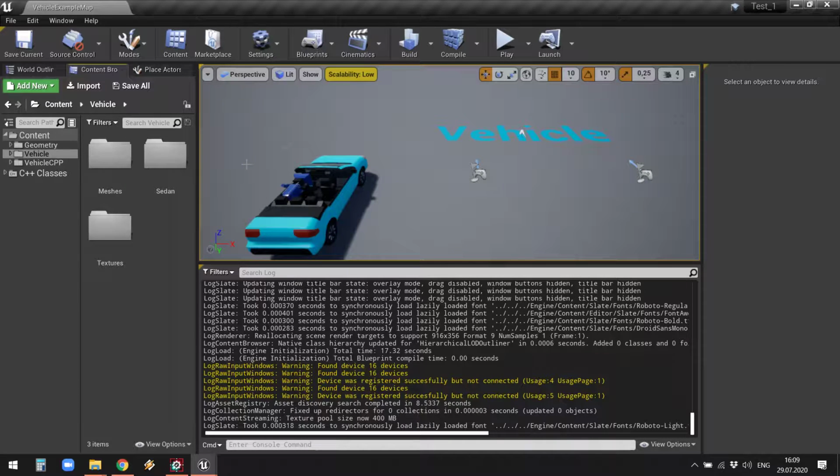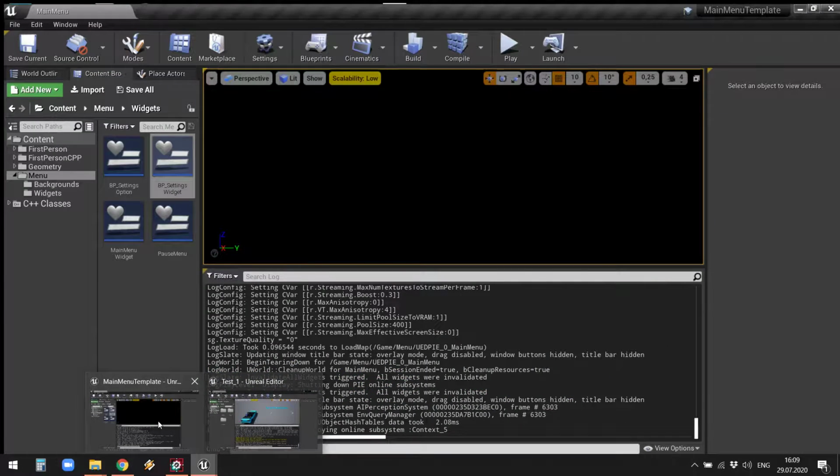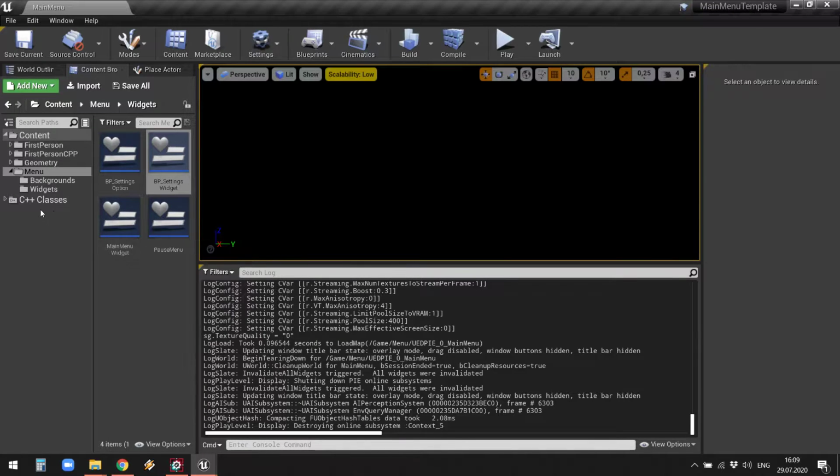Hello everyone! In this video I want to show you how to migrate blueprint classes based on the C++ classes from one project to another. For this purpose I created a vehicle example project, and now I show you how to make this from the source project called main menu template to our vehicle project. First of all, we need to copy C++ classes we have here